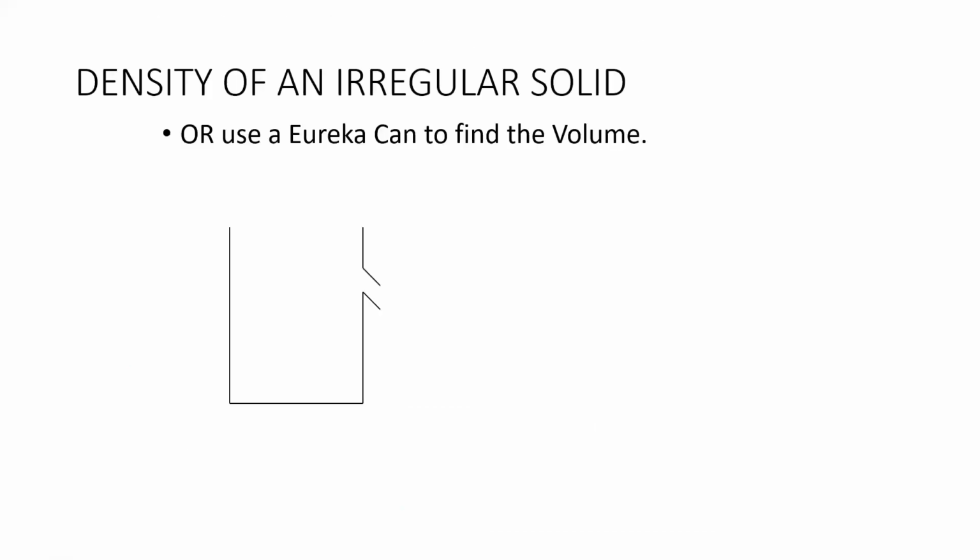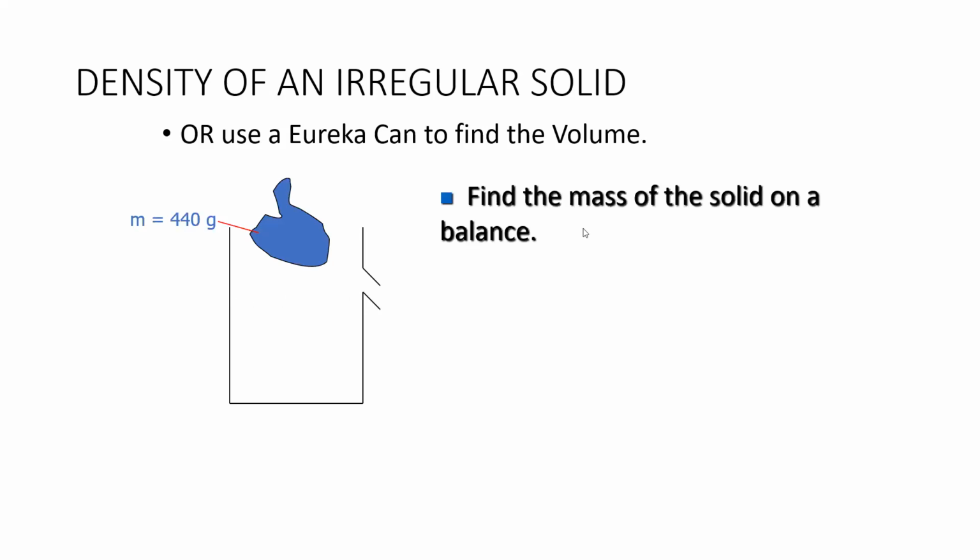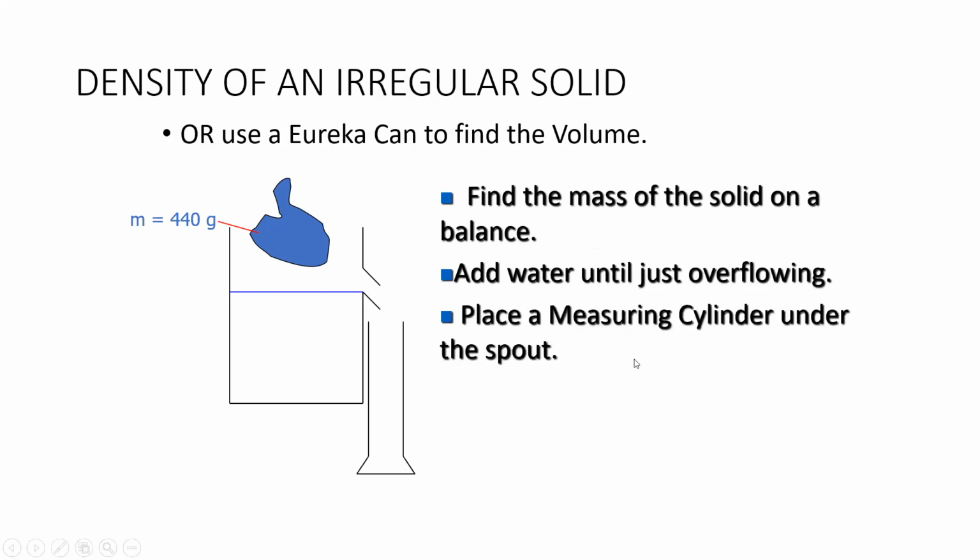It's a simple can which has an opening, and it's large enough to fit the object. First we find the mass of the solid on the balance. Then we fill the Eureka can till this level, as you can see, the blue level. Then we add water until it just overflows, and then we add the object, placing a measuring cylinder under the